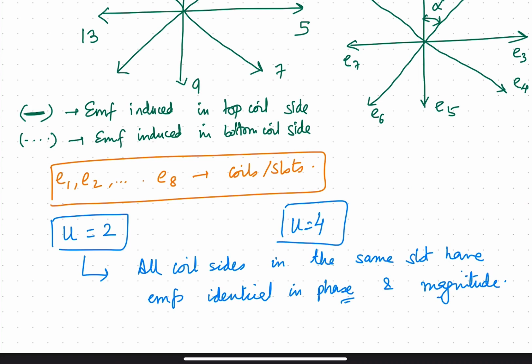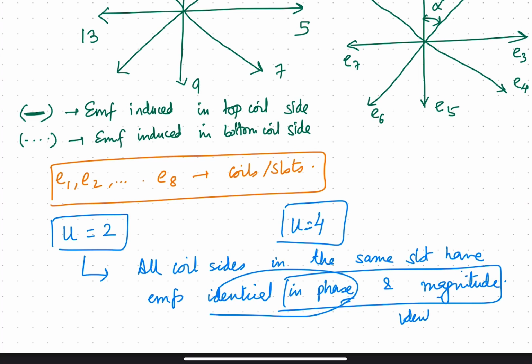You would have 4 coil sides per slot, or in that case as well you will have slots having the same EMFs, which would be in phase, and you would have coil sides having EMFs identical in phase and identical in magnitude as well. Okay,